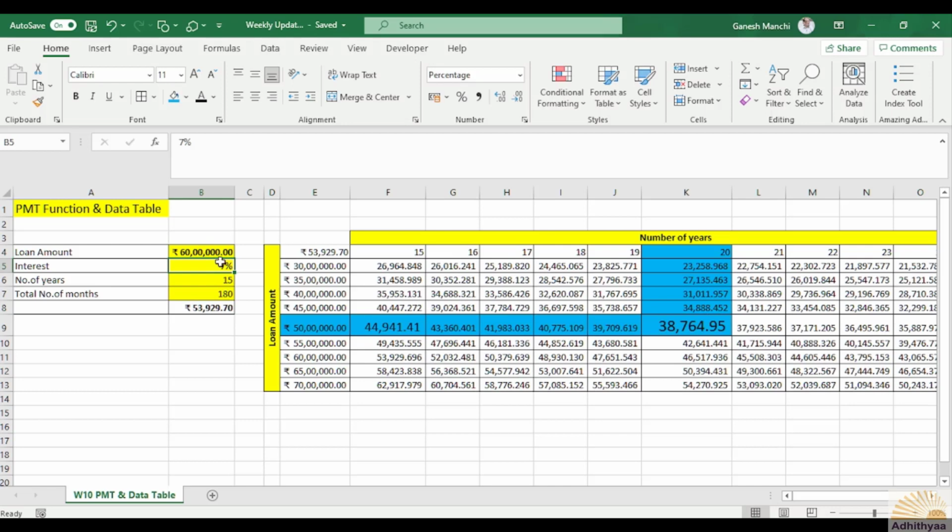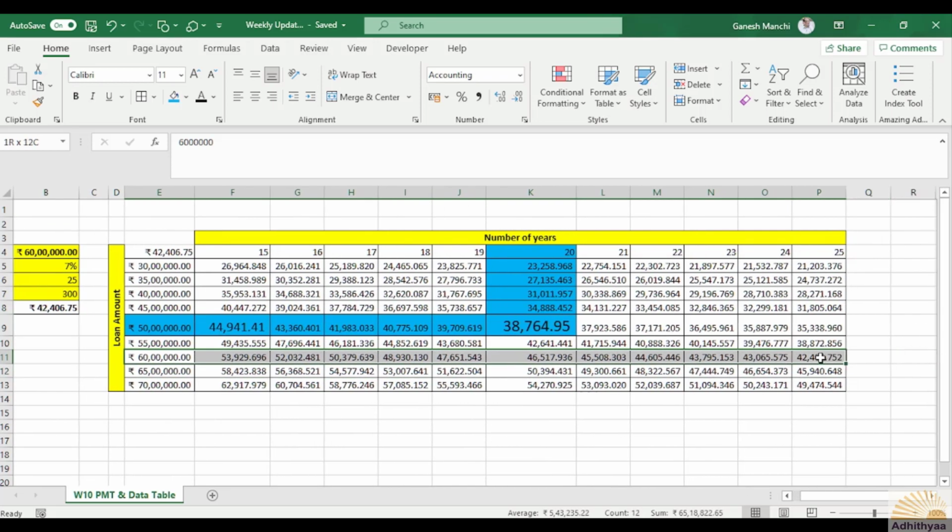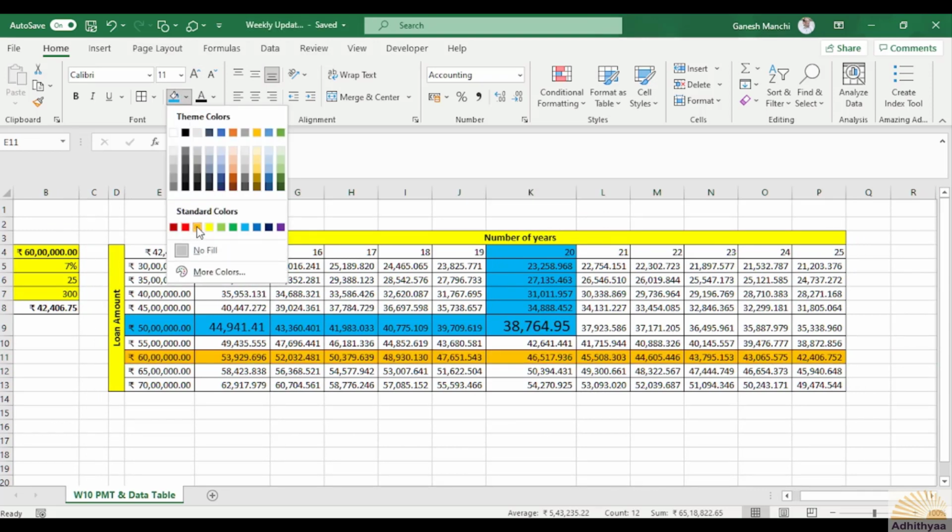Suppose if you are going to change this to 60 lakhs, and it is going to be for 25 years, what happens? The EMI is working out to 42,406.75 paise. Now let us see. 60 lakhs is here, and then go to 25 years of this one. This is 25. Okay, I will just highlight it for you.